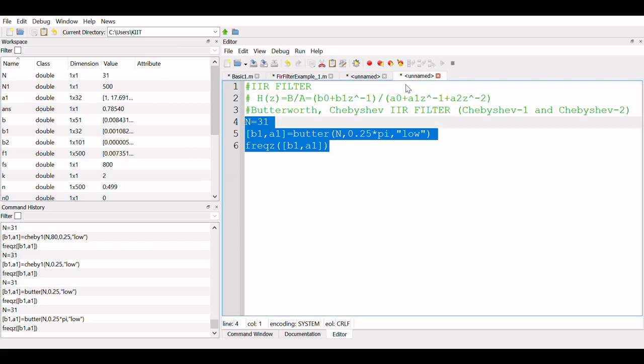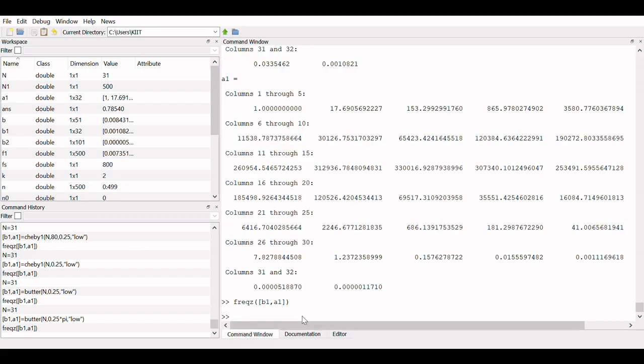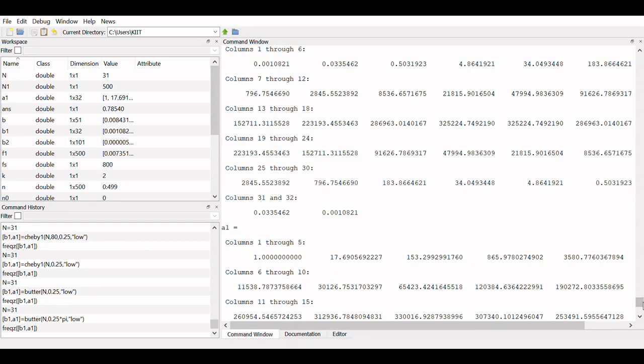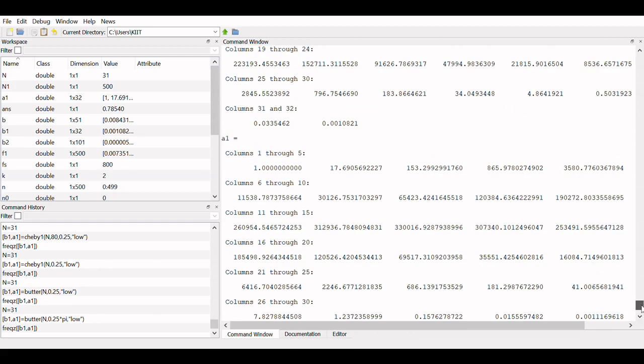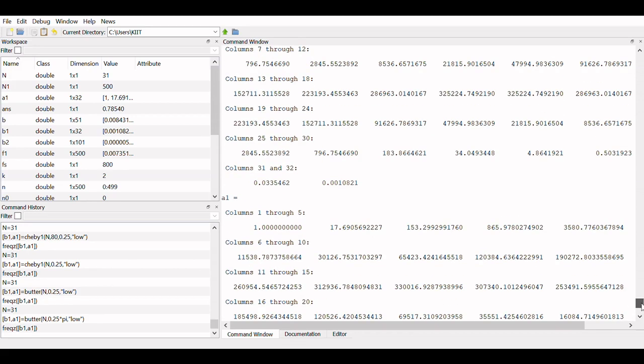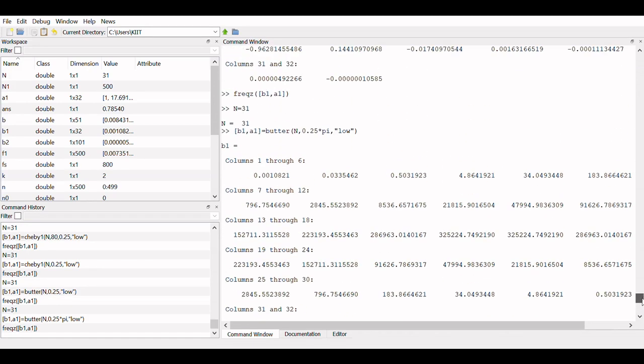So you know that IIR filter has its own disadvantages. And what are the B1 and B2 values? You can always go to the command window and type it. So these are the B1 and B2 values. You can see A1 is my denominator value, A2 is my numerator value, B1 is my numerator value.